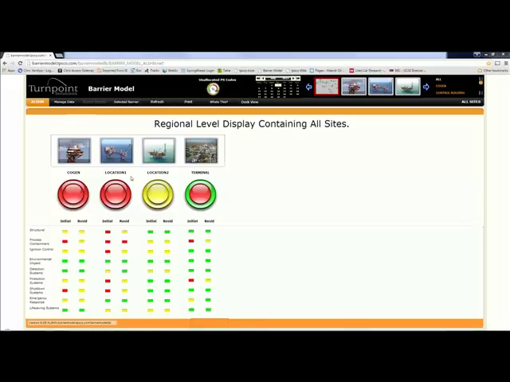Now, the barrier model forms part of an asset integrity toolkit, and it's demonstrating to me very quickly and visually how fit for purpose we are. And I need to understand this a little bit more, so I'm looking down my list, and I can see at a site level that obviously I've got some news around these two sites. I have a list of my 9 barriers, and the ones that I'm very interested in are the prevention barriers,